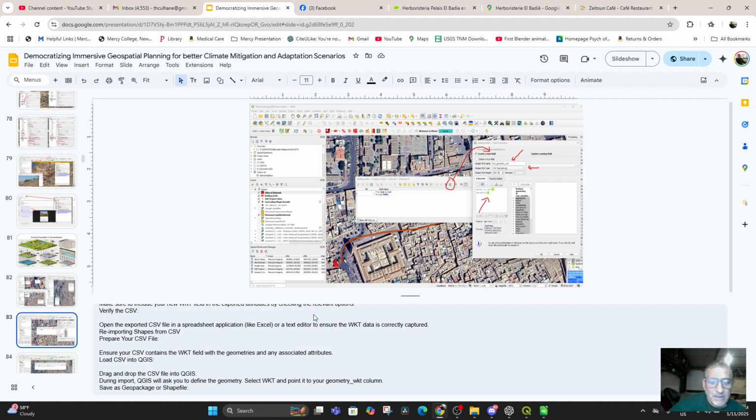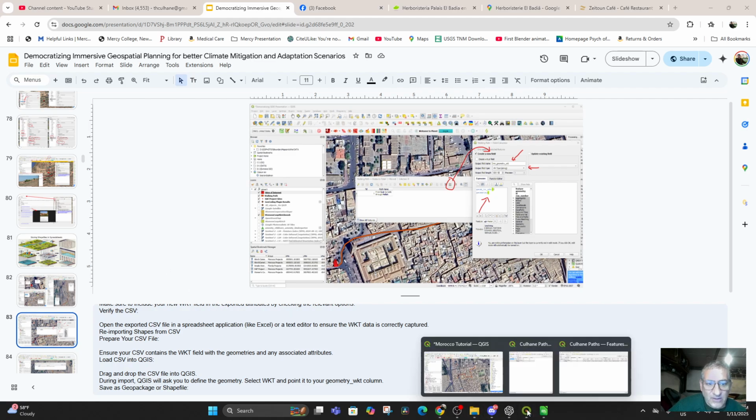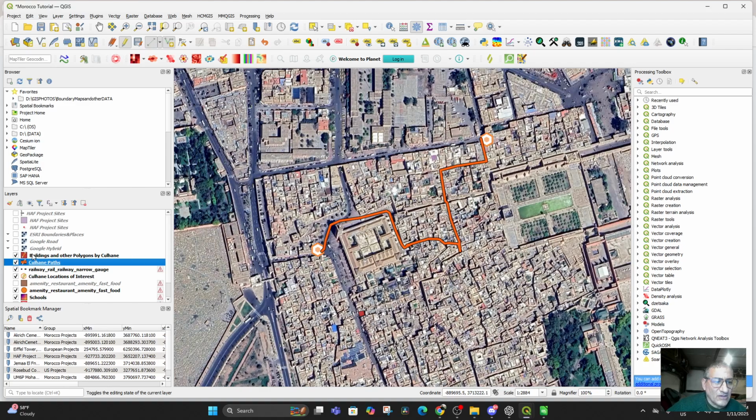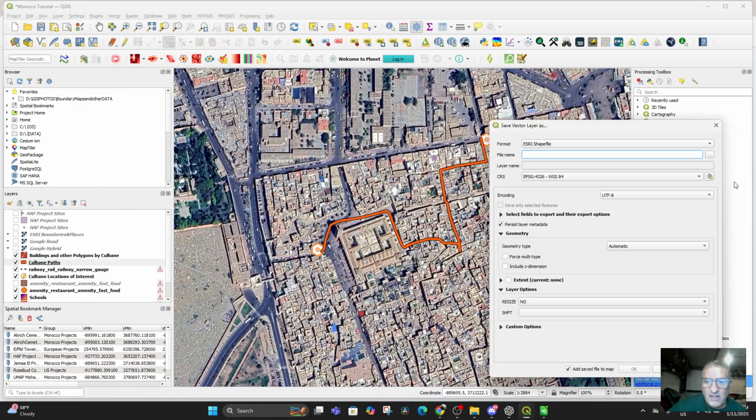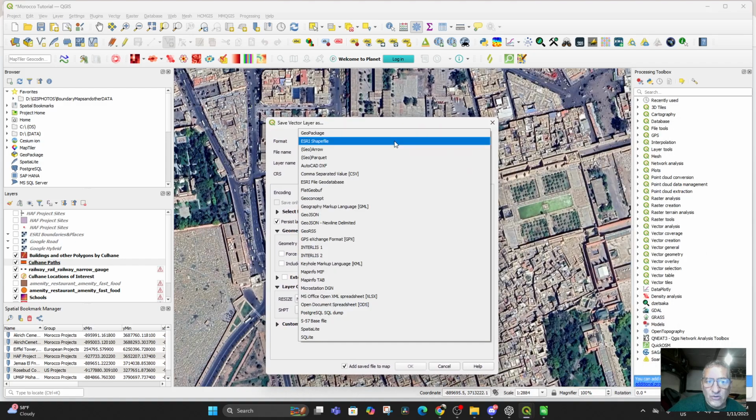And so if we go back to here and we say, okay, and let me save it. If we come out of editing and we right-click on this and we go export, save features as, and use a CSV, which should show up as,